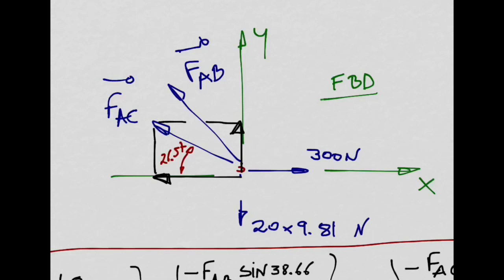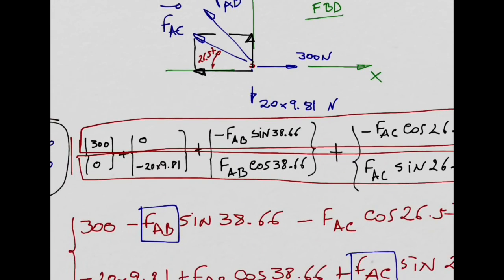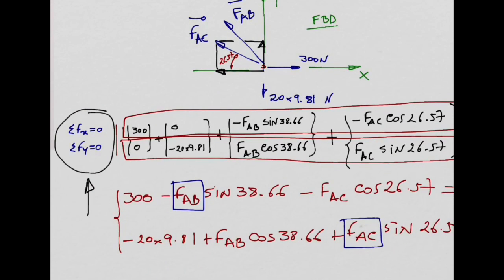And these are all the forces that we had in particle A. And then the only thing we have to do now is to add all these forces together and say the resultant of these forces is equal to 0 to be in equilibrium. And that will give us what we call the equilibrium equations. And if we have two unknowns, in this case the forces in cable AB and cable AC, we need two equilibrium equations to get these two unknowns, always like that. And this is a good